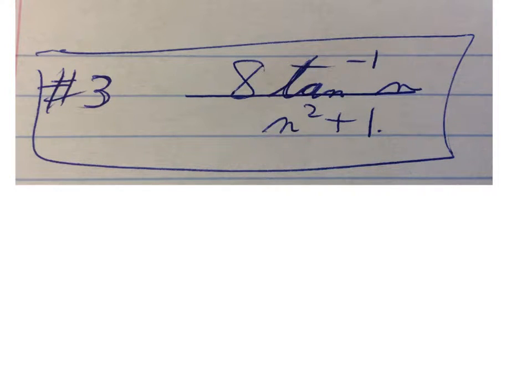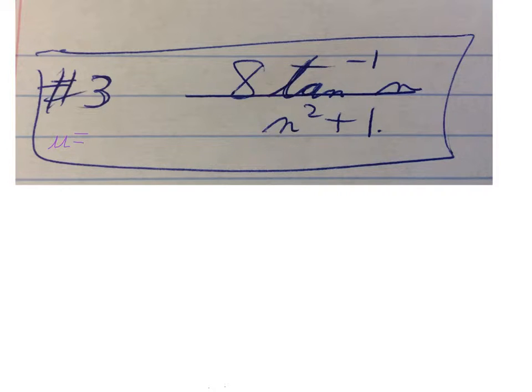Okay, I think I must have been a little bit tired yesterday when we were working on this, because we were so close. We were talking about the fact that the derivative of the arctan is 1 over n squared plus 1. And so instead of doing by parts, which now seems kind of silly, we should have been talking about substitution here, right? Because if we let u